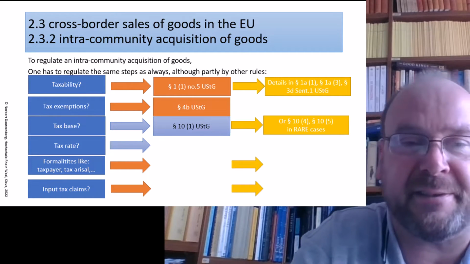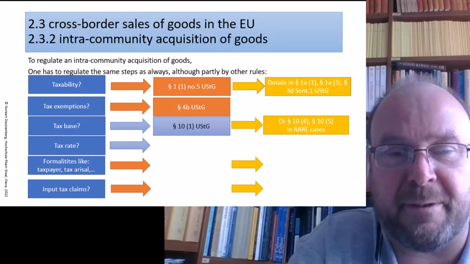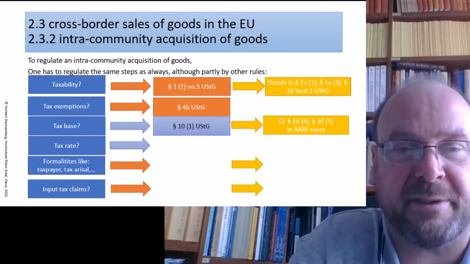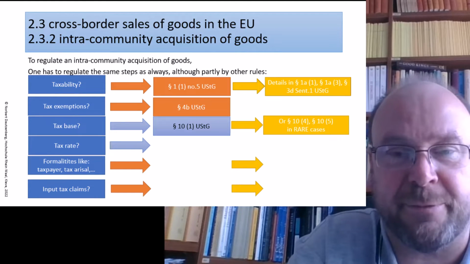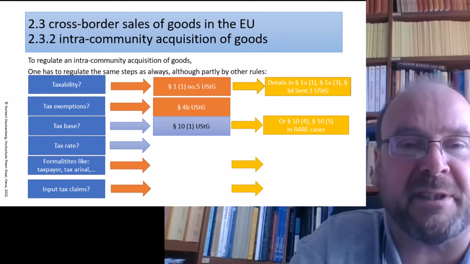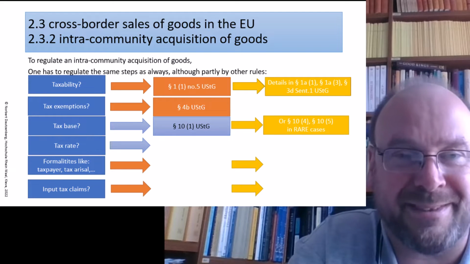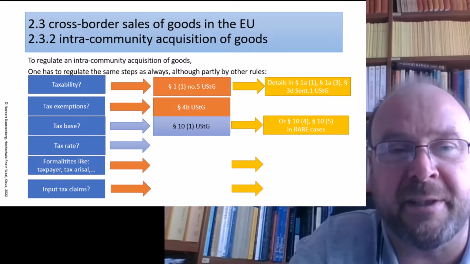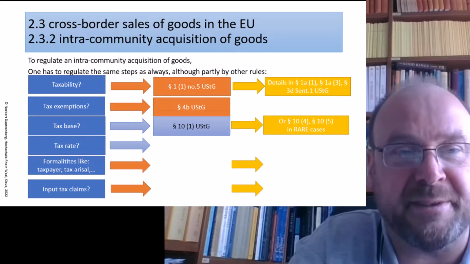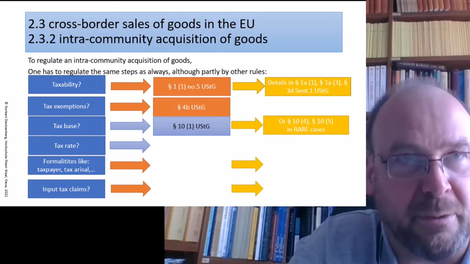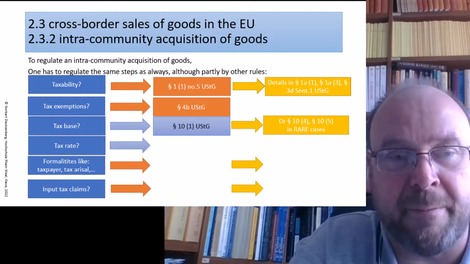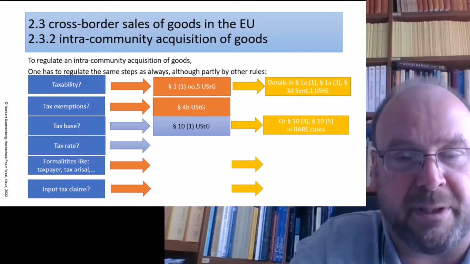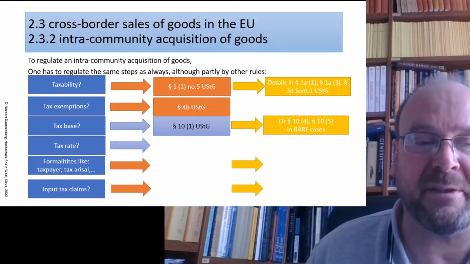In rare cases, instead of the net price, you take the so-called minimum or replacement tax base in 10.4 of the law. For example, if there is a cross-border transaction between father and son, and father sells a new Mercedes car to son for €1, which is evidently a price which has been manipulated to the disadvantage of the fisc. But usually it's just the regular rule 10.1.